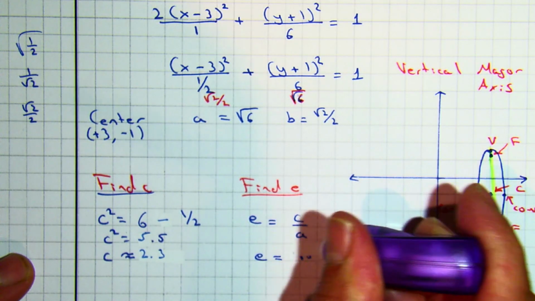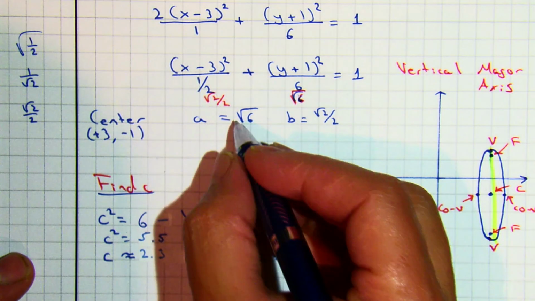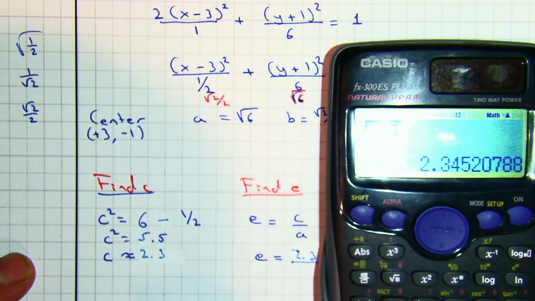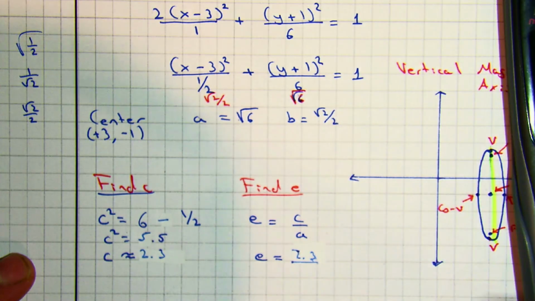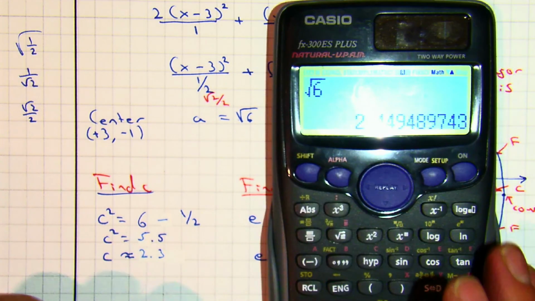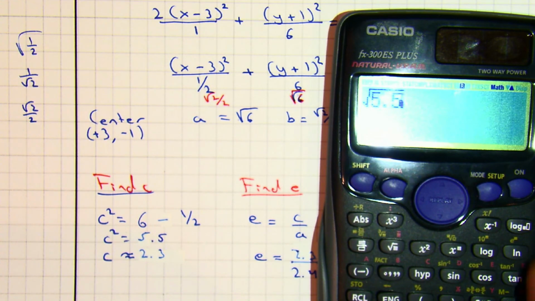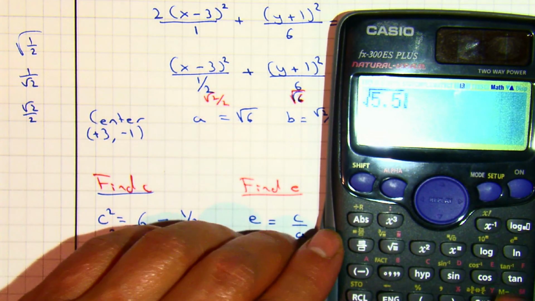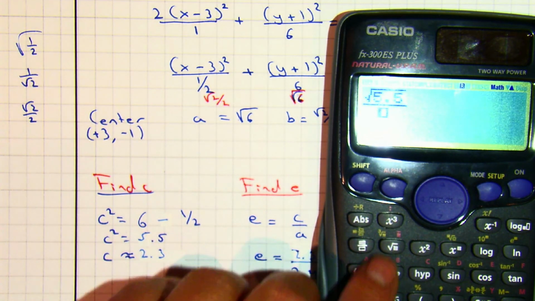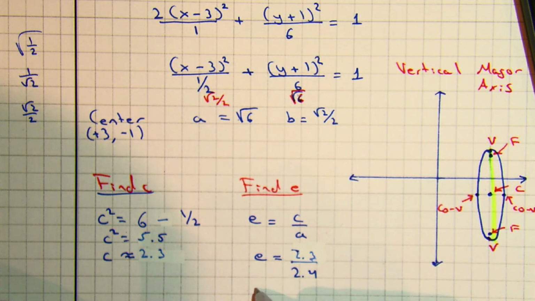And we're going to actually just leave it as a decimal. Let's go and just place 2.3 over A, which is the square root of 6. And the square root of 6 is 2.4. So therefore, I'm now going to place my fraction as 5.5 divided by the square root of 6, which should be between 0 and 1, which is 0.96. So E is about